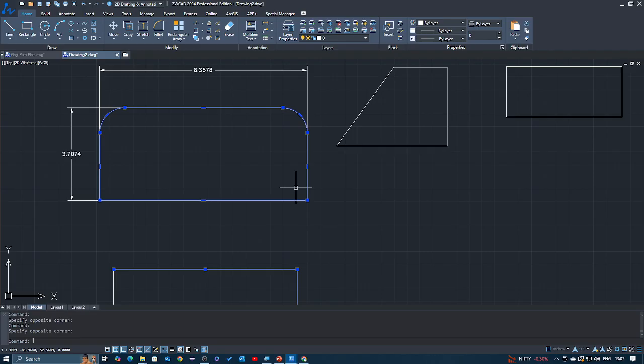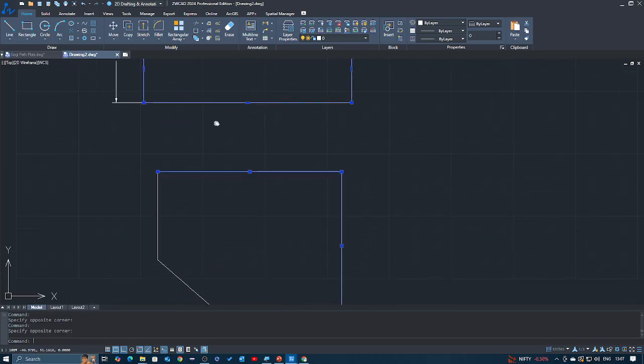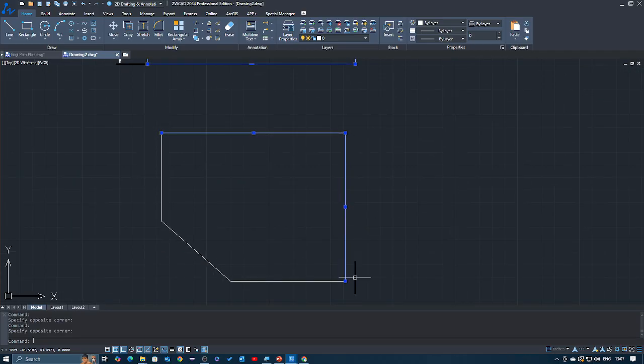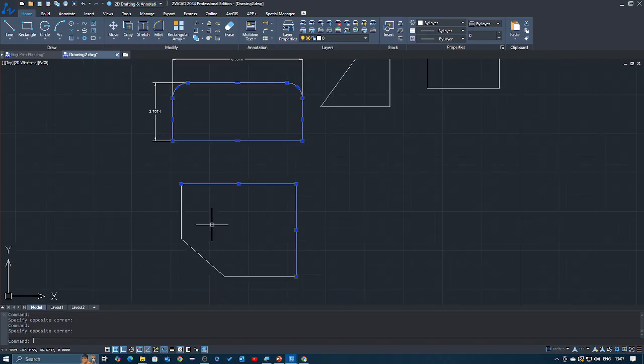What's the difference? The difference is simple: all the lines and arcs are connected together, but here the lines are not connected. That is why it is not selecting all together. So these are single objects, not connected together. If you want to connect them, you can, because the next thing is